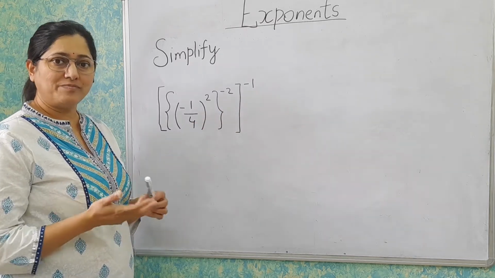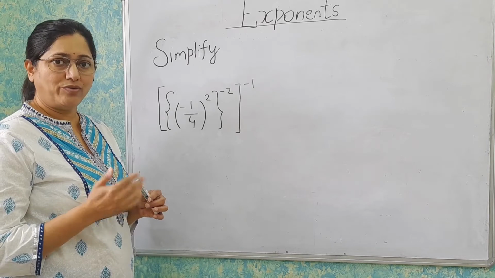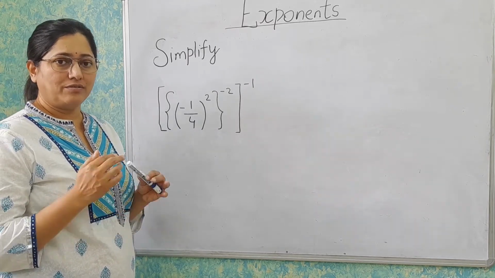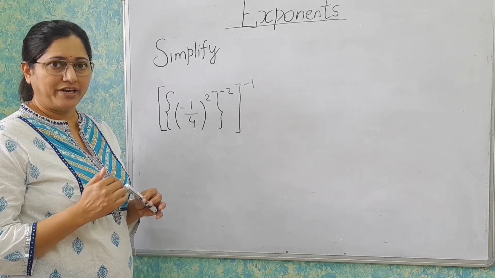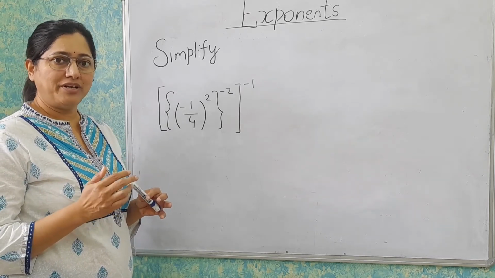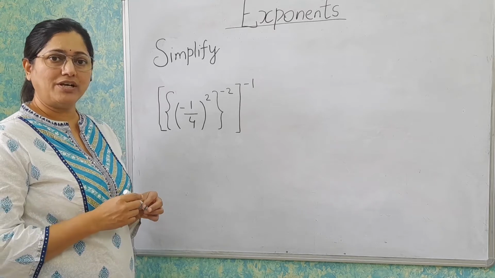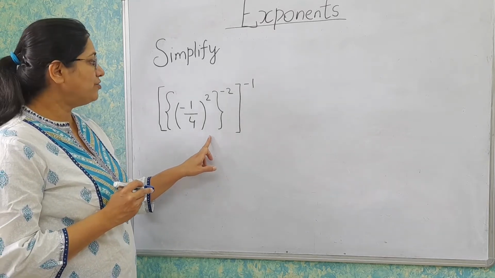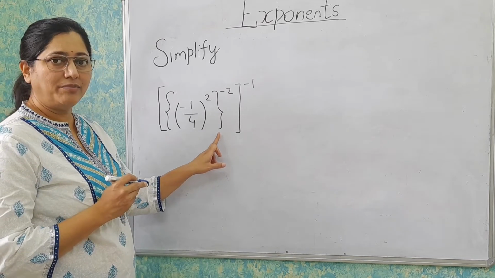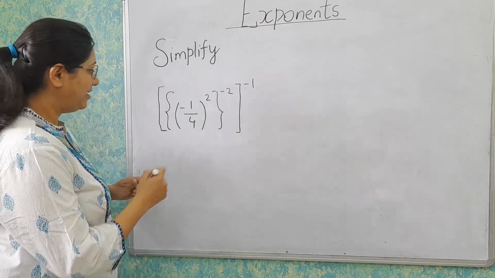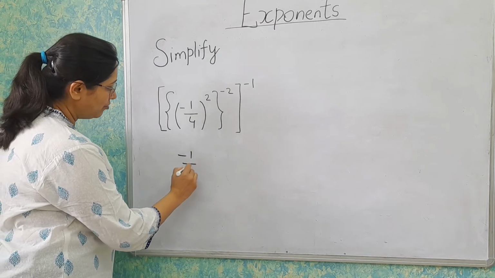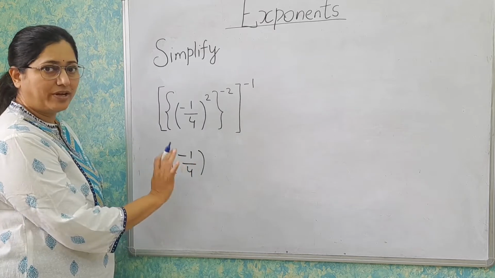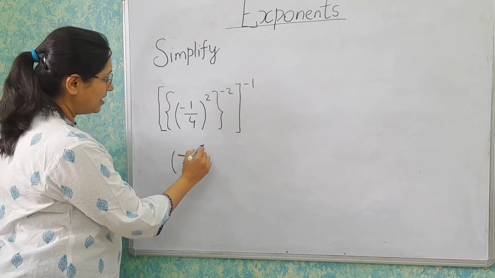And you know that as per the BODMAS rule, whenever we have to open the brackets, we always open them in sequence. We always open small bracket first, then parenthesis or middle bracket, and at last we always open the square bracket. But in case of this exponential numbers, first we will open this parenthesis or middle bracket. So first I will write it as minus 1 upon 4. Now I will close the small bracket because right now I am not opening it, and there is an exponent